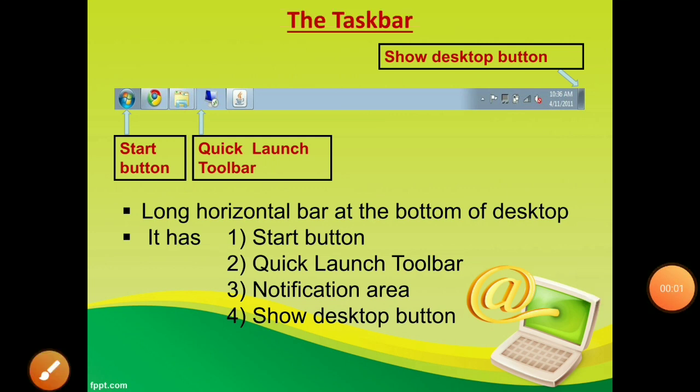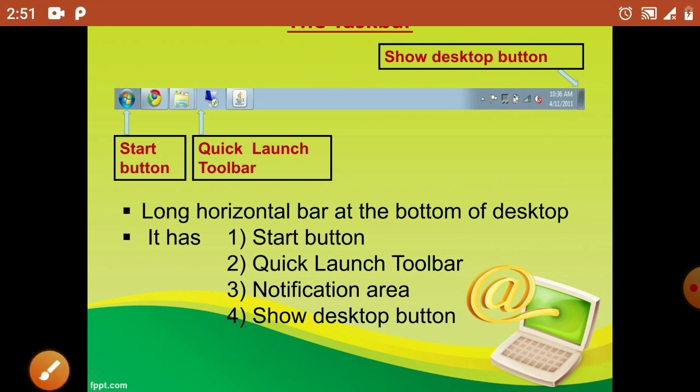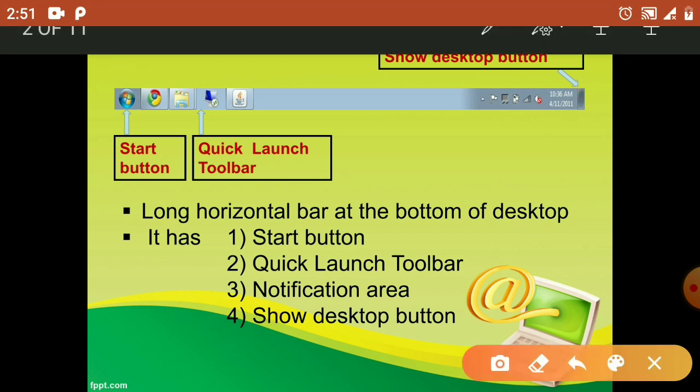Our last part of the taskbar is the show desktop button. Here on the screen you can see at the end of the taskbar one button is given in a rectangular shape. This button is called the show desktop button. When we click on this button, all our open applications or programs will be minimized in the taskbar and we can see the desktop on our computer screen.